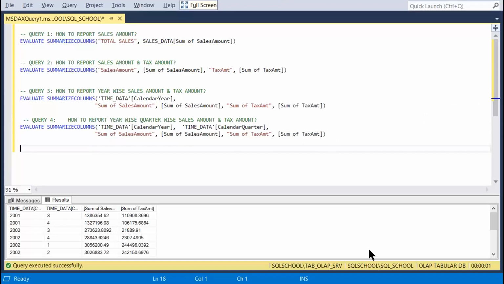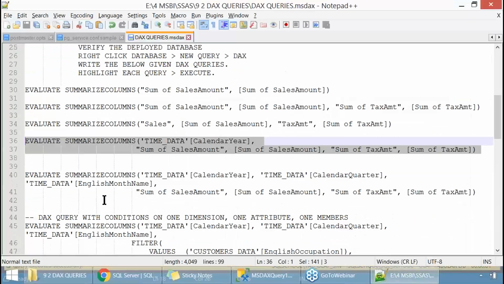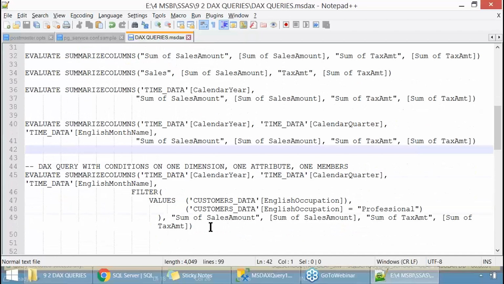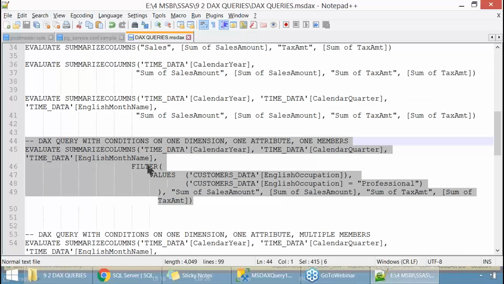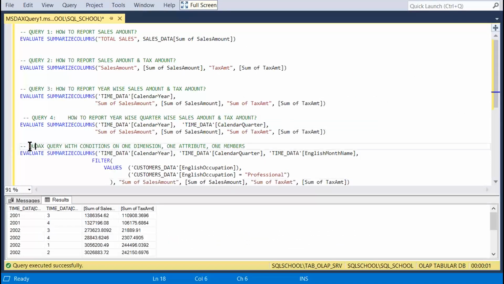Sometimes you would like to have filters. For example, so year and quarter. Now let's see filters. Say query number 5. Here it is. How to report year wise, quarter wise,